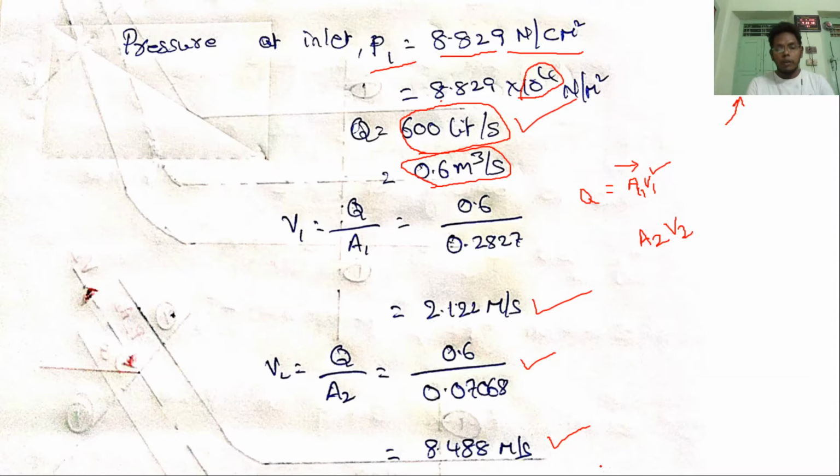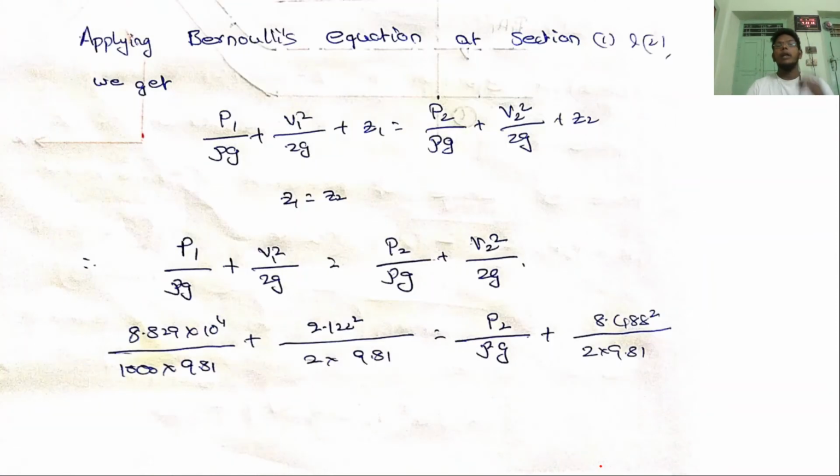Now velocity is there, theta is there, A1 and A2 are there, but one more unknown value is there, that is P2. Let us find the P2 value here. The main formula I am using is Bernoulli's equation at